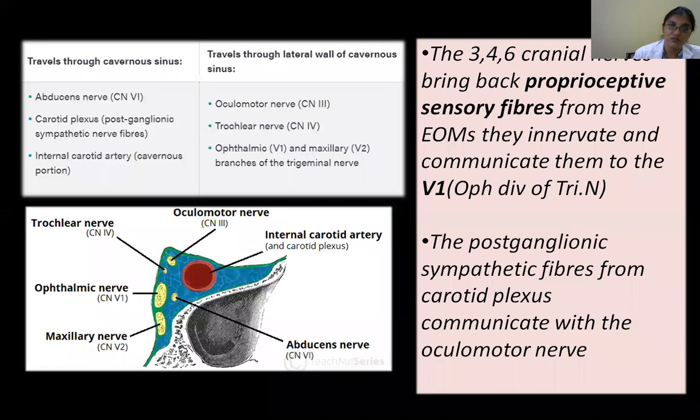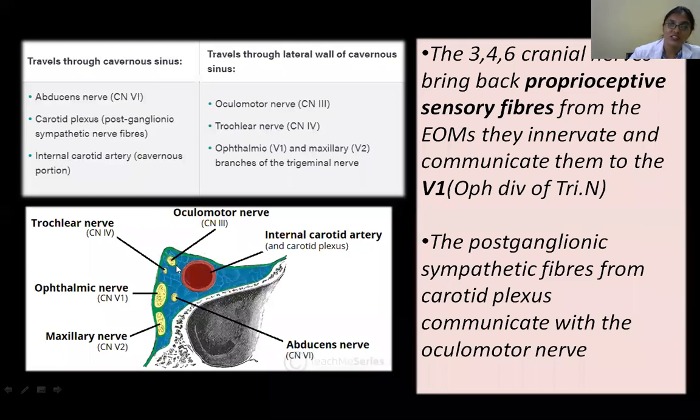So this also forms a passage nerve. It provides a route for these fibers to go. And the second thing is, when these 3, 4, and 6 are going to the extraocular muscles, there is one more sensation there, that's a proprioceptive sensation. So from the muscles, whatever sensation there is, the sense of position, that is all the proprioceptive sensation. So the same nerve, it's like anyway you've come, so we use the same channel. So proprioceptive fibers follow the course of the oculomotor nerve.